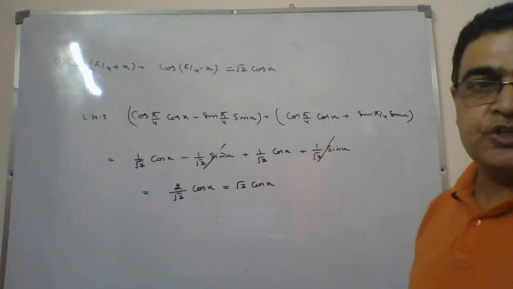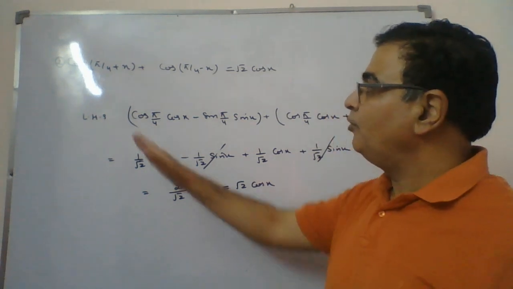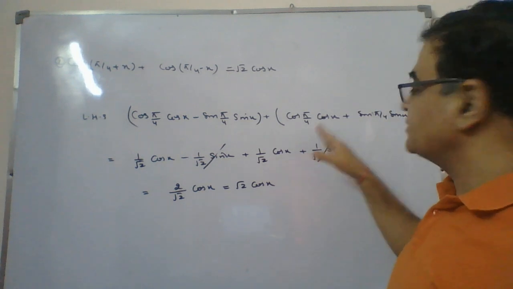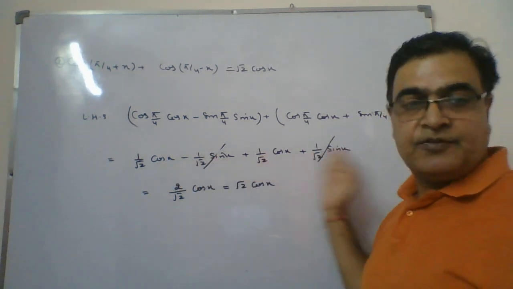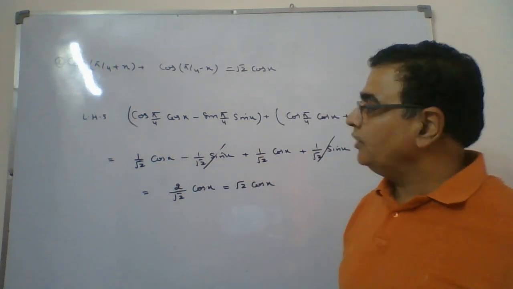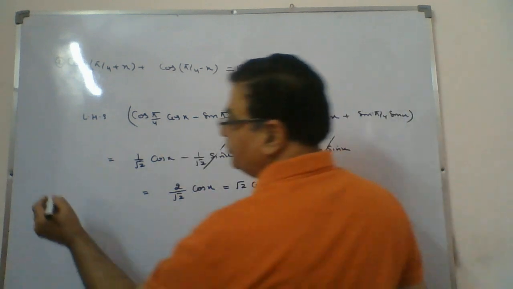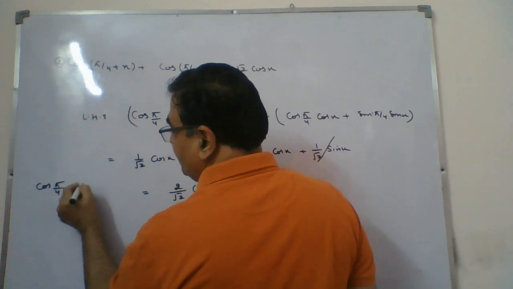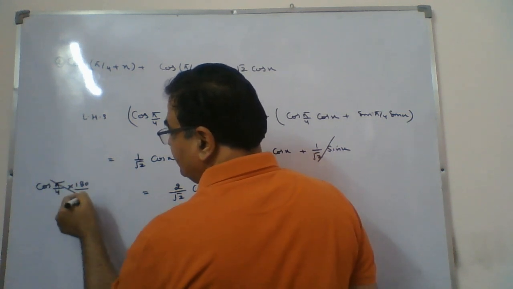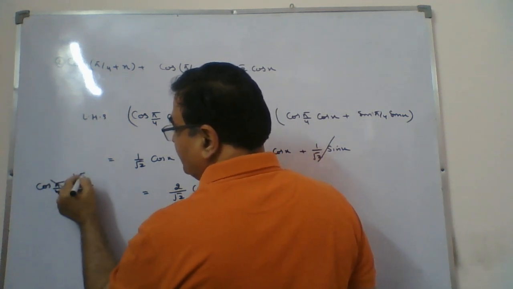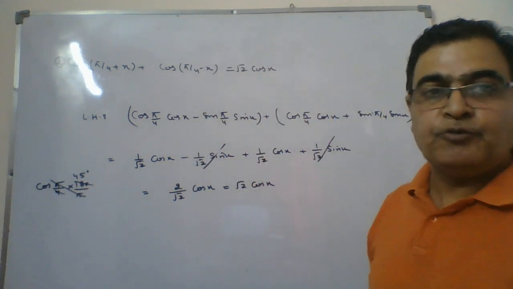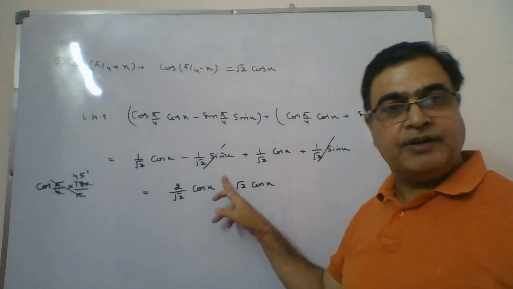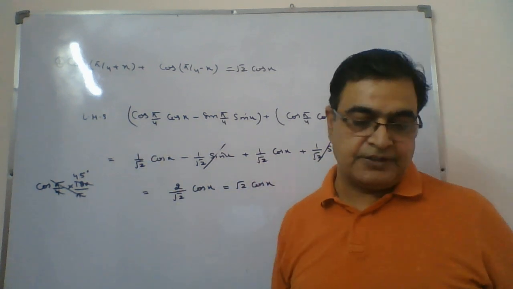So very simple question, nothing new in this case. Simple formula, cos(A plus B) is cos A cos B minus sin A sin B. This is cos A cos B plus sin A sin B, and then we have simply used it. And you know the cos pi by 4. Cos pi by 4 means it is cos 45. Pi by 4 means, convert in degrees by multiplying by 180 by pi, then it will be simply 45. So pi by 4 means 45 degree. You should remember this is 1 by root 2. Sin 45 is also 1 by root 2. So you can get this answer.